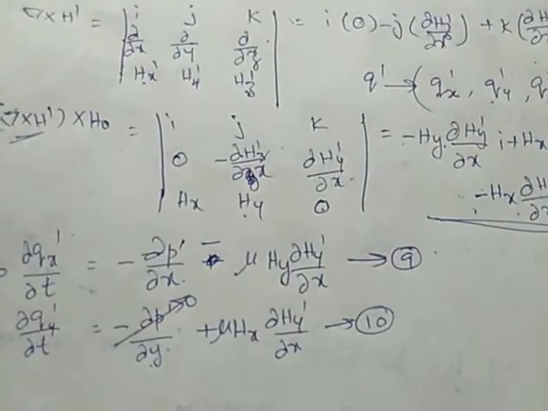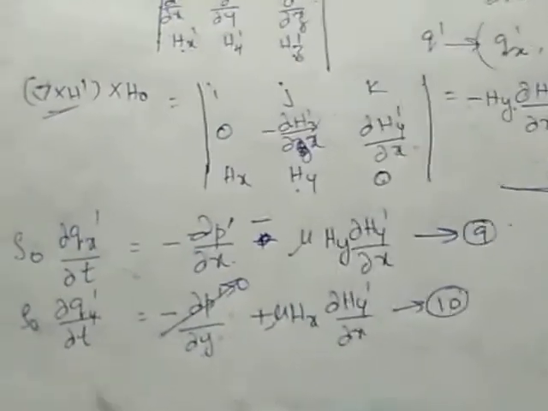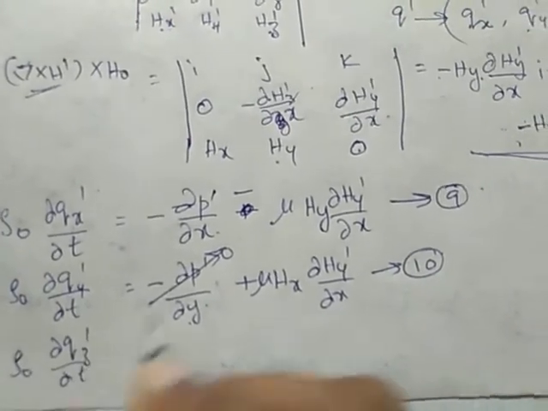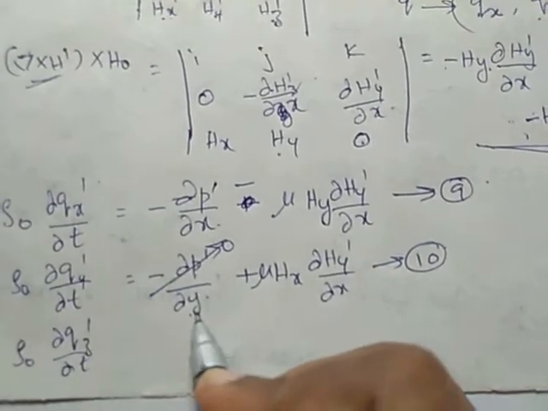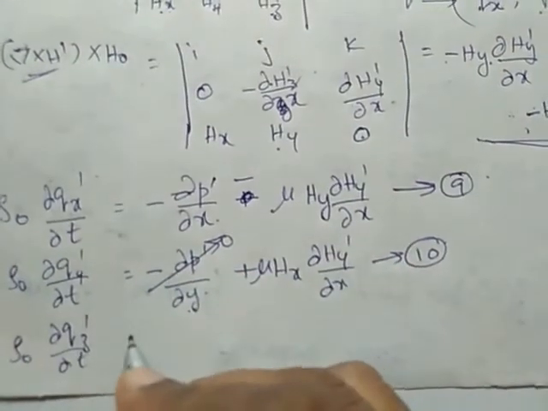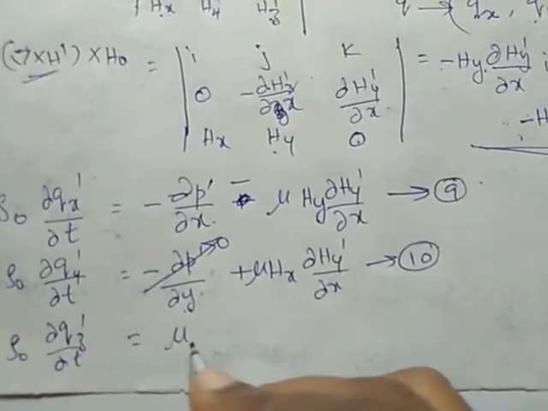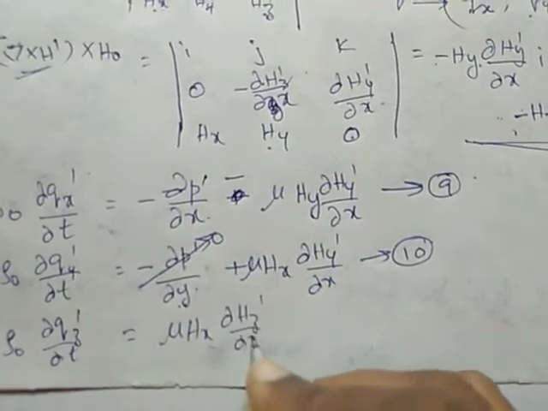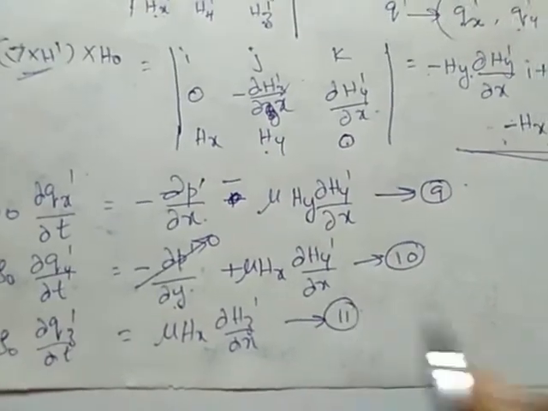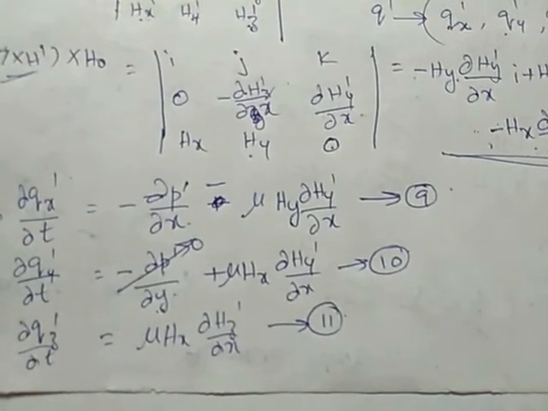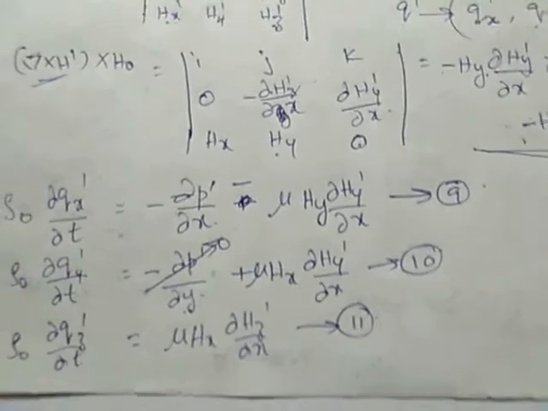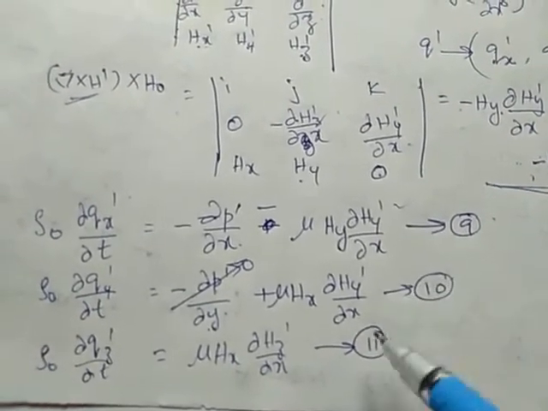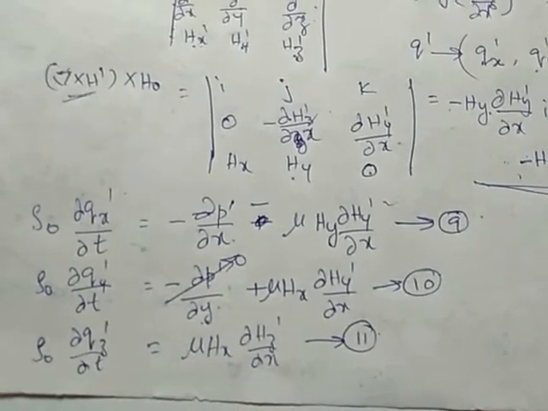Finally, equating the coefficient of the k term, we will have rho naught dou qz dash by dou t. Again, differentiation with respect to z for pressure is 0. The last term is mu hx dou hz dash by dou x. This is our equation 11. So these are our momentum equations along the x-axis, y-axis and z-axis. Finally, we have